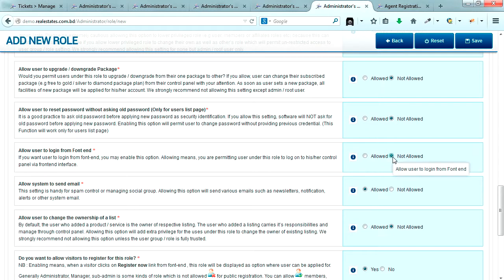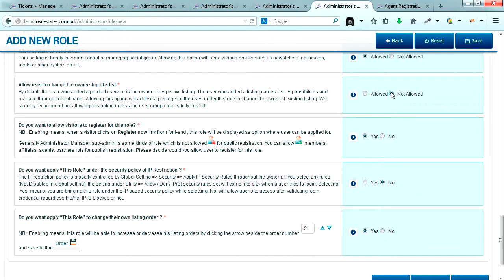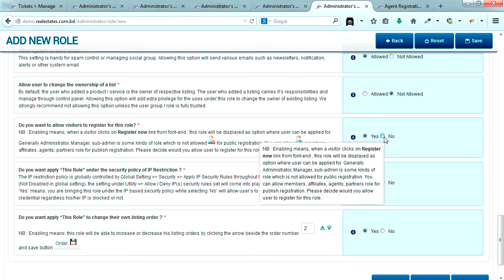It is recommended or not. So before doing allowed and disallowed or not allowed, make sure that you understand correctly, because there are some security vulnerabilities there. If something is allowed unnoticeably or without any care, it may create a security hole. So this is the access privilege or access restriction that you are currently building for this role.